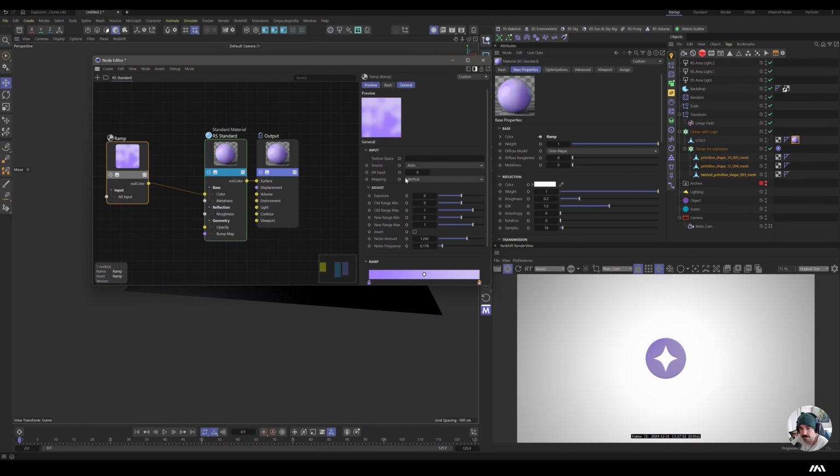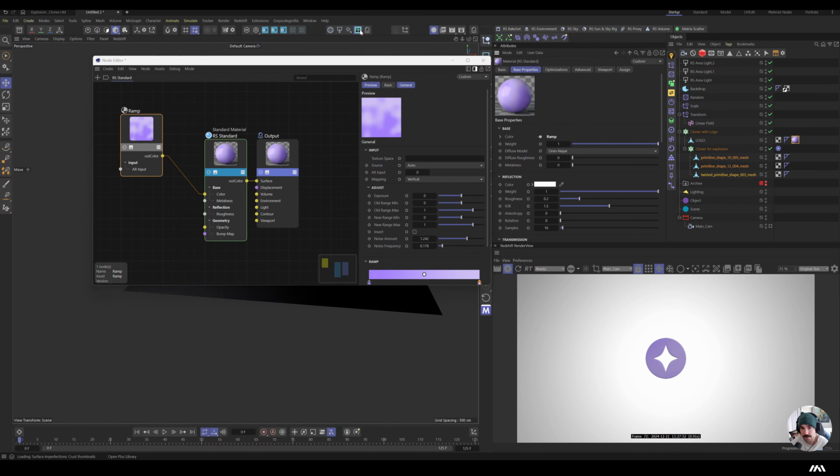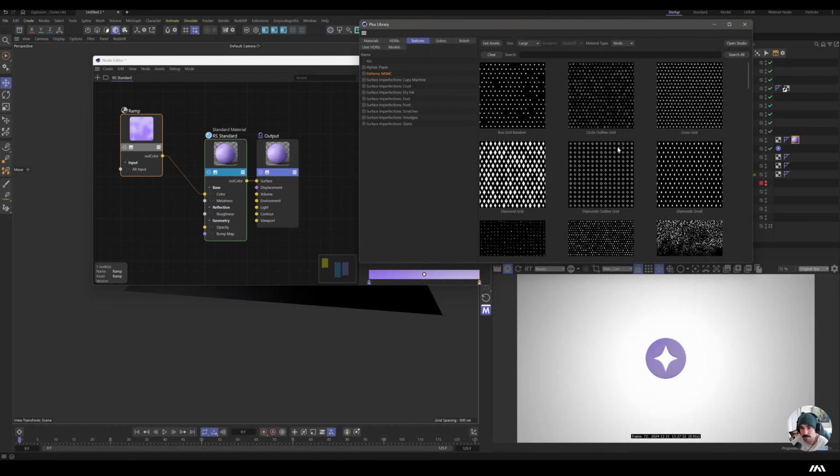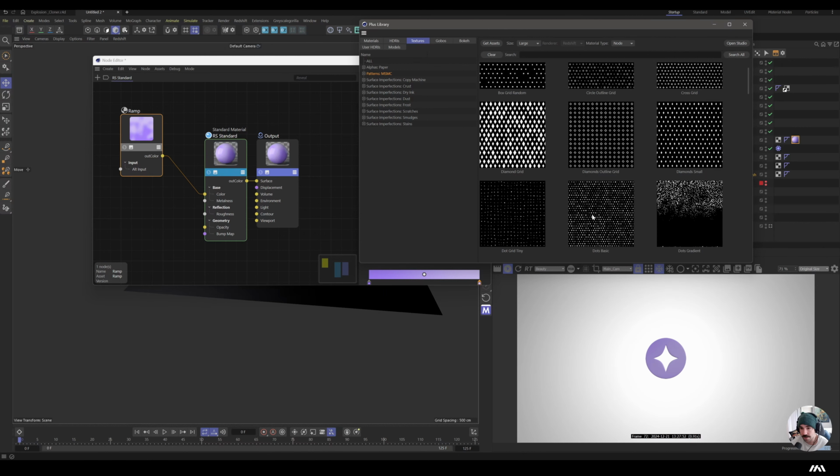Give it the bright one. So something like this. We can look into some other textures, some technical textures. So we can take these diamonds or dots basic,